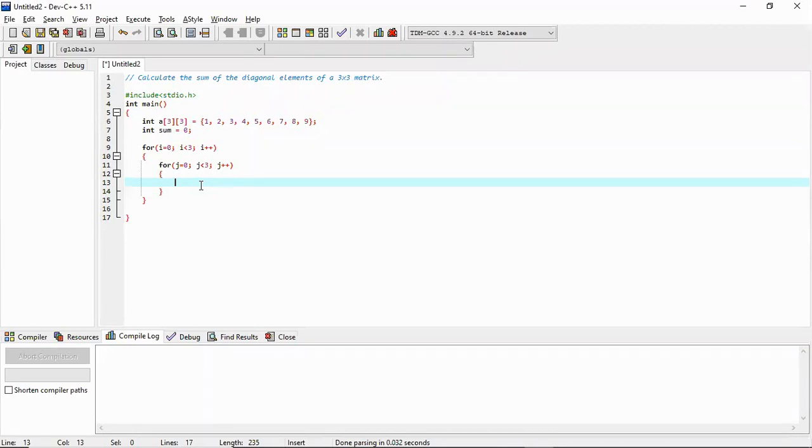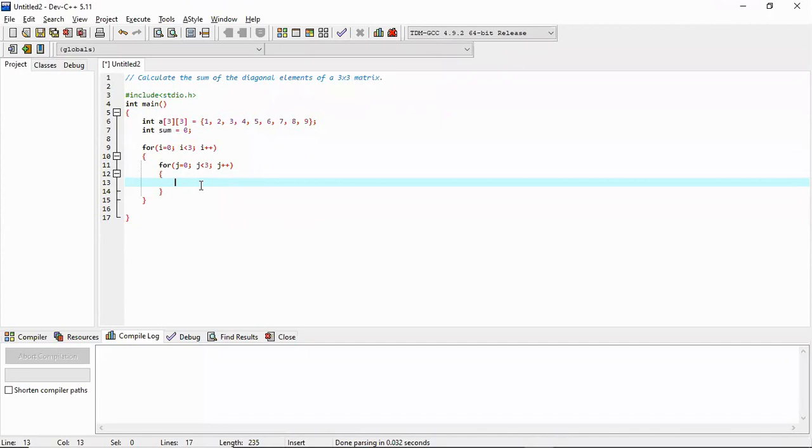So we know that in a 3 cross 3 matrix, the diagonal elements are a of 0 0, a of 1 1, and a of 2 2. In 0 0, I and j is same, in 1 1 I and j is same, in 2 2 I and j is same. So whenever I and j are the same, these are the diagonal elements.